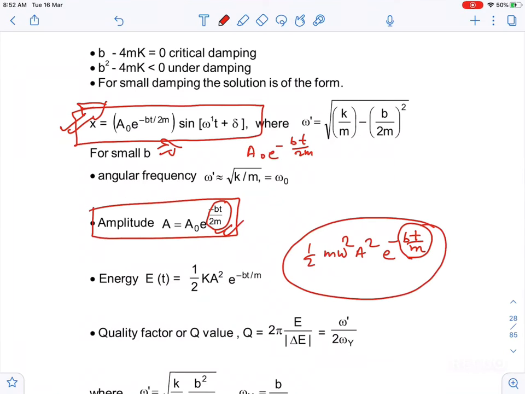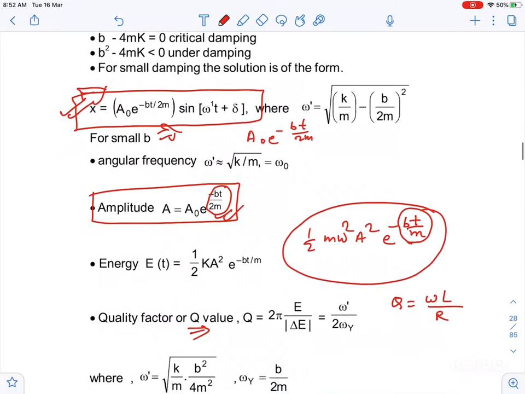Okay guys, now quality factor. Quality factor is not a term of this; it will come in AC, and you should keep in mind quality factor in AC can be written as omega L by R. So L is inductance, guys. I will revise this in the next lecture. So guys, omega can be written as 2 pi f.